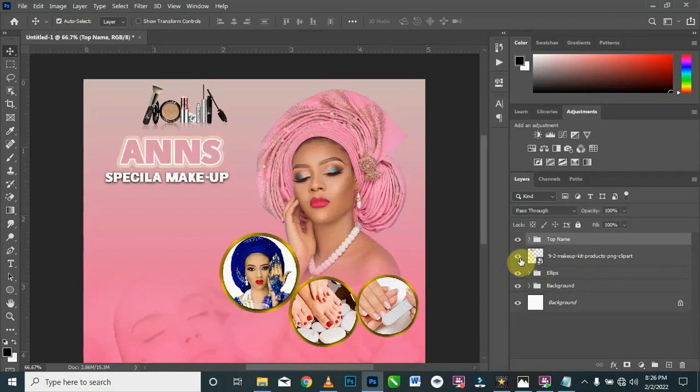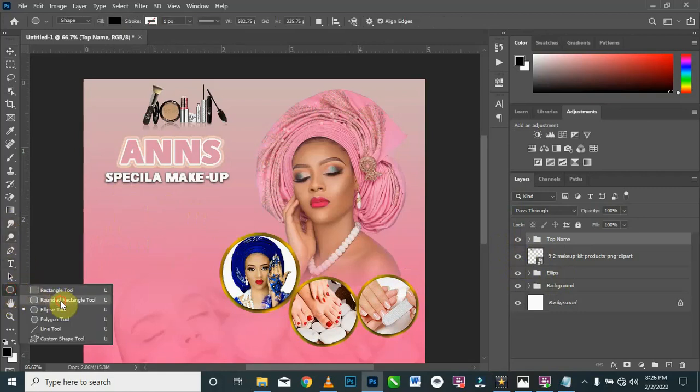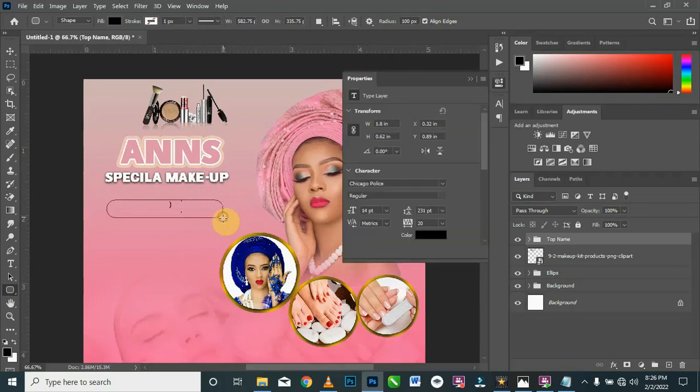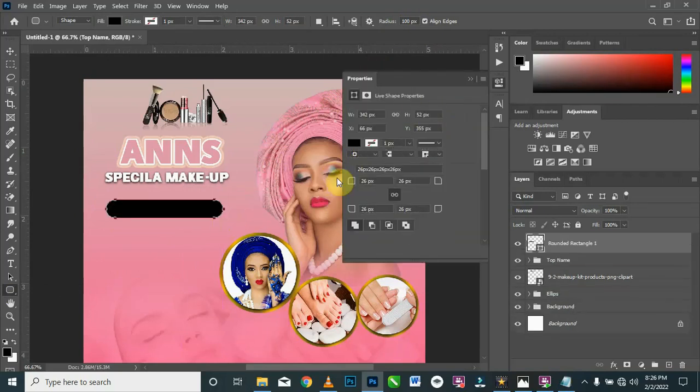Okay, so the next thing I'm going to do is I'm going to create a rounded rectangle here for services. Okay, so I'll go for my ellipse tool here and then select the rounded rectangle. The radius here, I just leave it here at 100. If you want it to be more rounded, you can do it 200. If you want, you can do it 50, depending on what you want. Okay, so I'm just going to do something like this. Okay, this should be fine, and then I'm going to make sure I give it white color